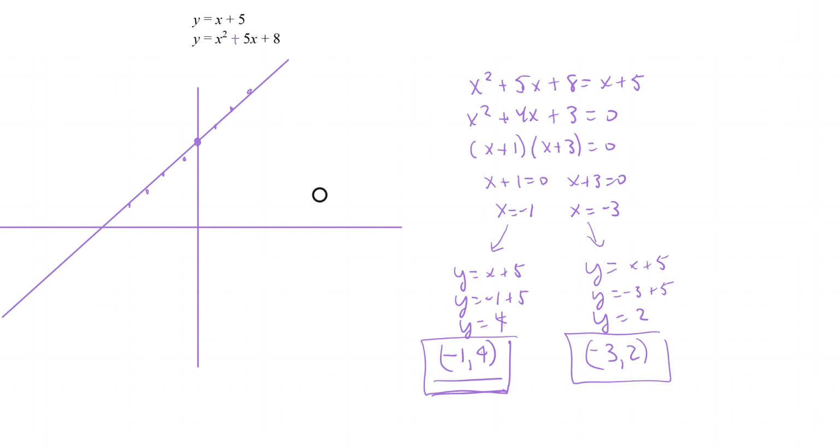Alright, so now we want to graph y equals x squared plus 5x plus 8. I'm just going to use a different color. I'm going to use red here. So we know what the y-intercept is, 5, 6, 7, 8. So we intersect there. I'm just going to use the vertex form and convert this. So I know that y equals x plus 2.5 squared, and then 2.5